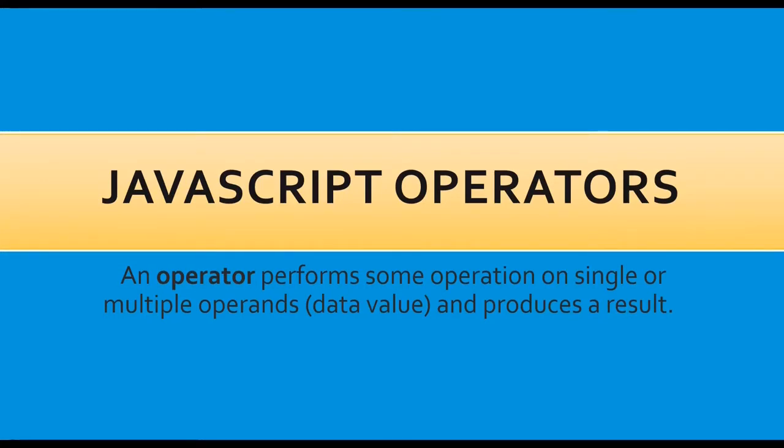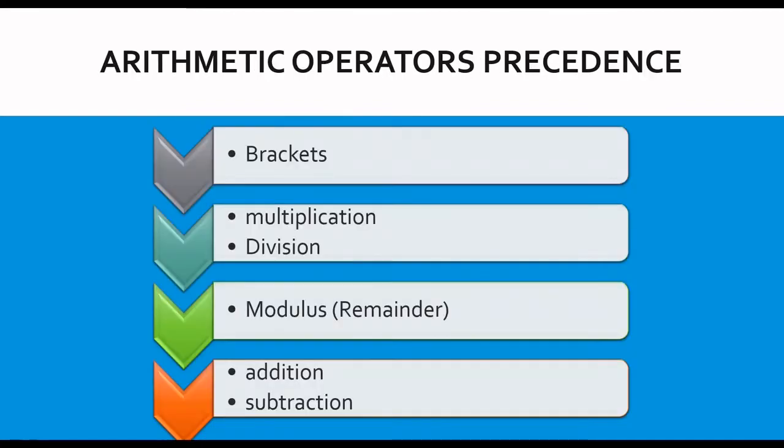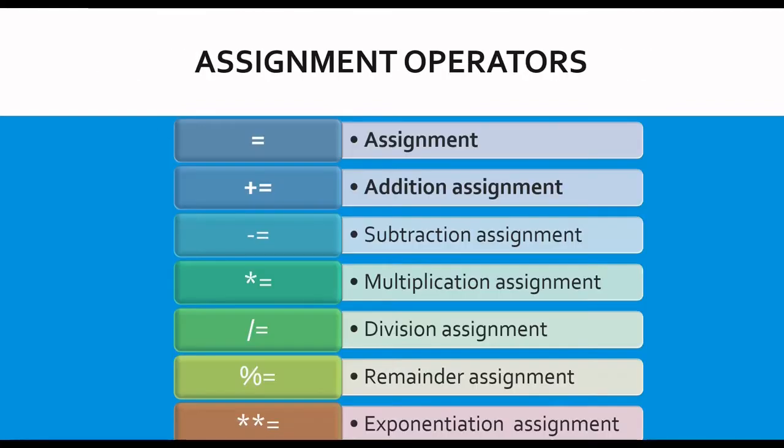This is the sixth part of the JavaScript basic series and the second part of the operator topic. In the previous video we discussed arithmetic operators and the assignment operator. So if you haven't watched the previous videos, please click on the I icon on the right side and watch those as well.